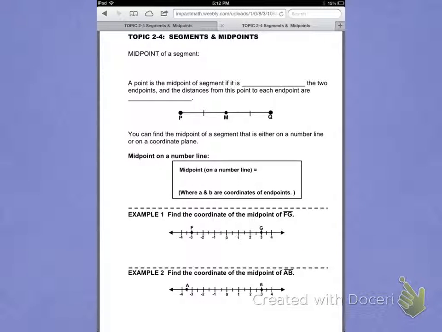Alright, we're going to start topic 2.4, which is segments and midpoints. And first we'll start with the definition of a midpoint. It's always a good place to start with the definition. And so the definition of a midpoint